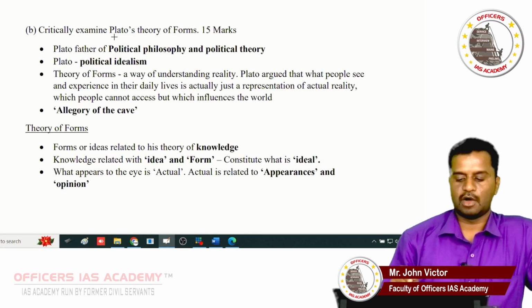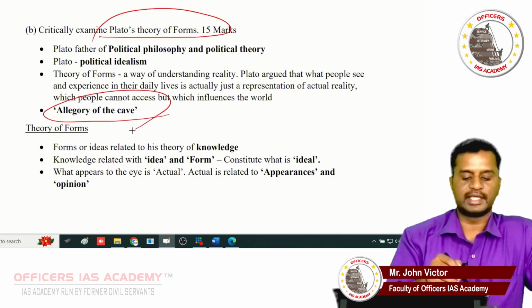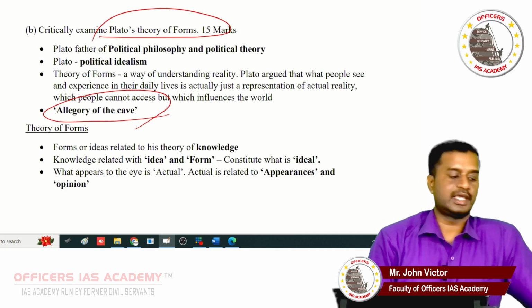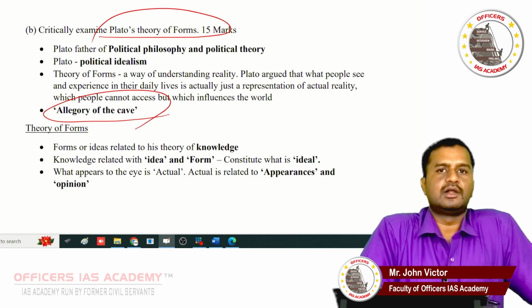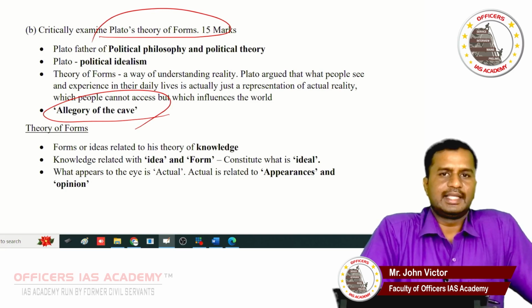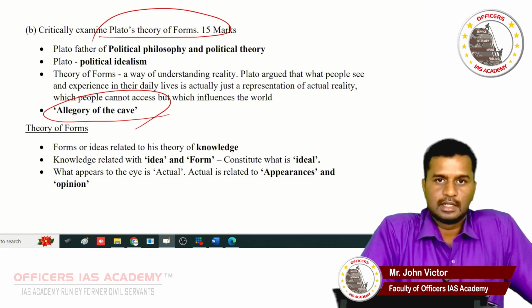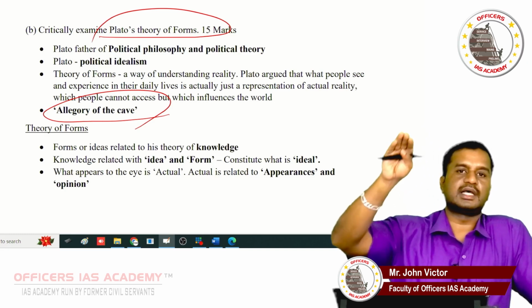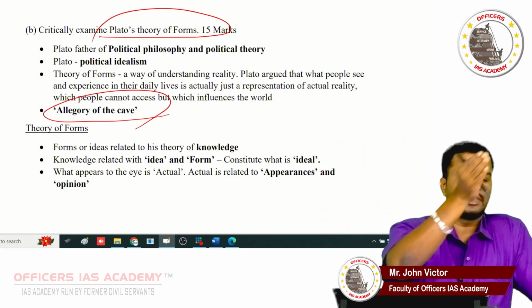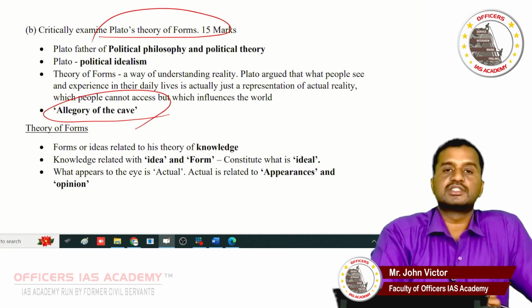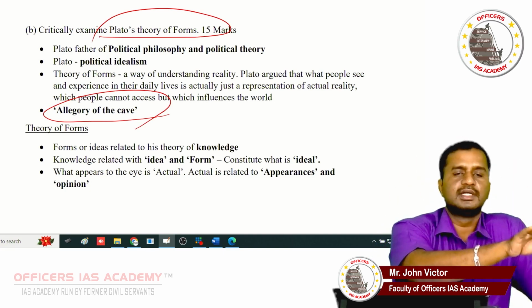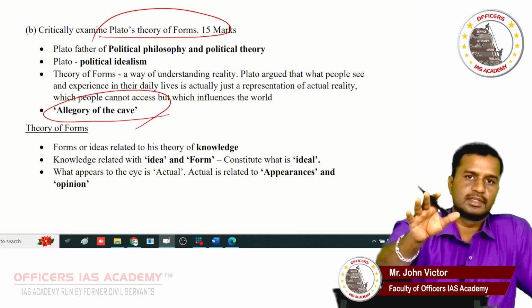He is explaining his theory of forms using the allegory of the cave. You would have studied the allegory of the cave. He is comparing the mind, idea and knowledge with the invisible world we are yet to see. Within a cave, some people are chained and they are unable to see the real world outside. But the outside world is the actual world or the realm of ideas. What they are actually seeing is the wall of the cave in which they are seeing the images of objects. This is nothing but the visible world. Visible world is not the real world.